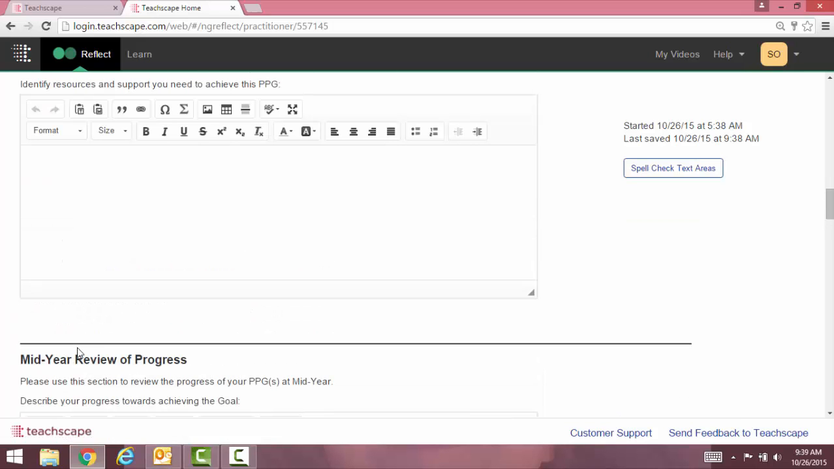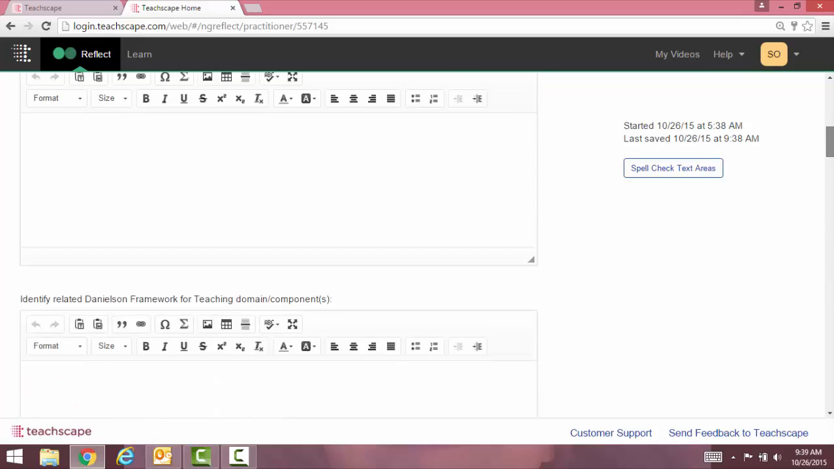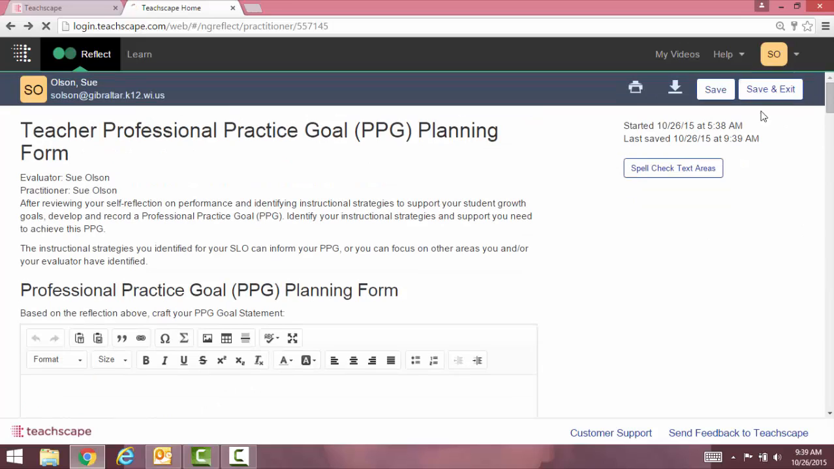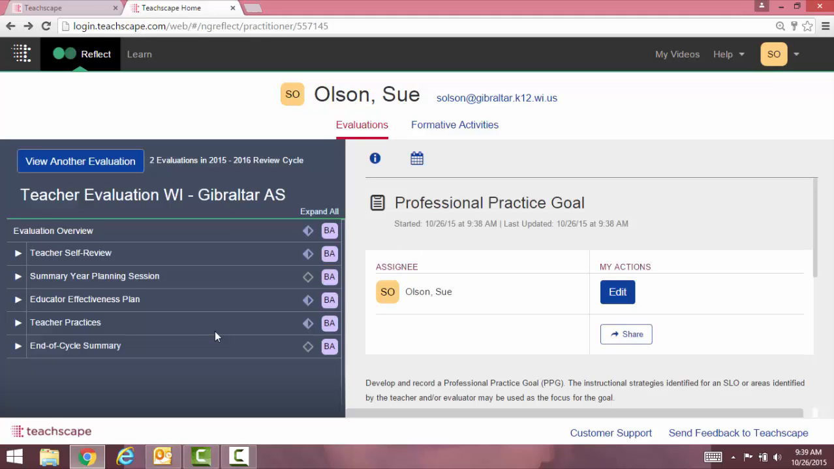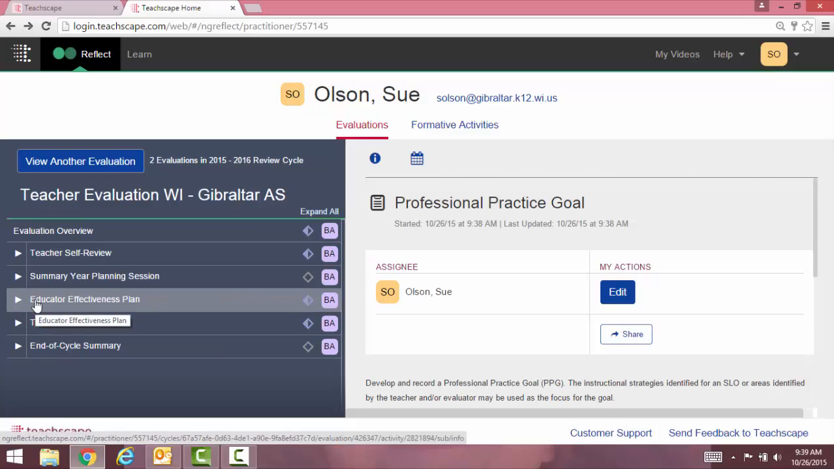Once you get down to the mid-year, that's where you can stop, because then you will enter that in January. I can push save and exit. And once I have those done, I am done for the fall. If this is not your summative year, then you need to complete those 2 things, and you are completed for the fall